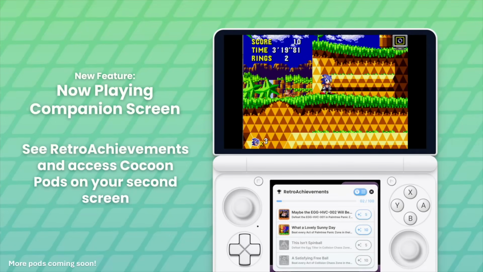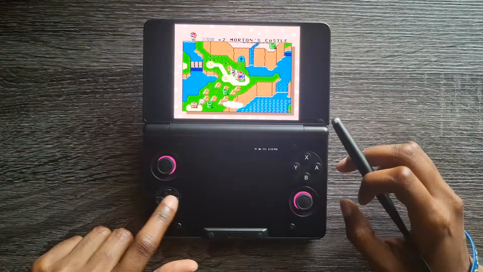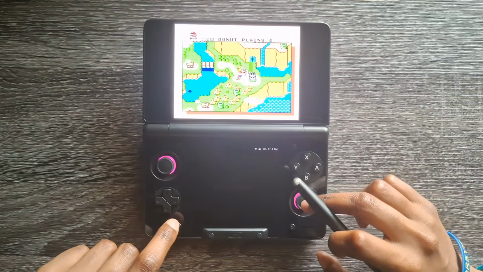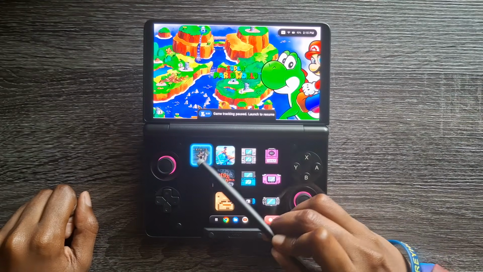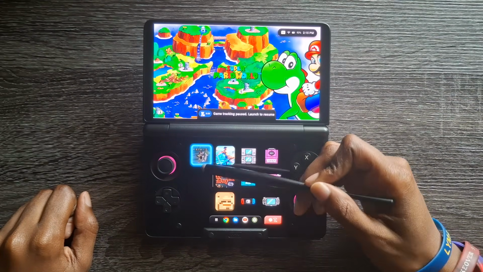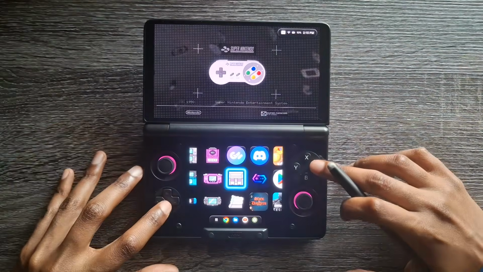Now let's talk about the new Now Playing companion screen here at the bottom. So this works the best with RetroArch, and so you can move around, play like this, and then when you click on that home button, it's going to take a second, and the game that you were playing appears here on the left. There's a new section here for Now Playing games, and you can just close it from here and very easily